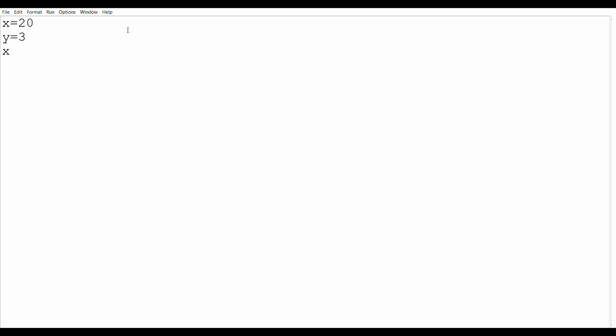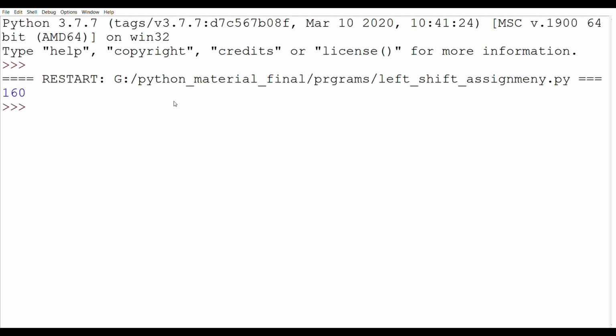Then x left shift assign y, then print x and run the program. Okay, so this is the output.